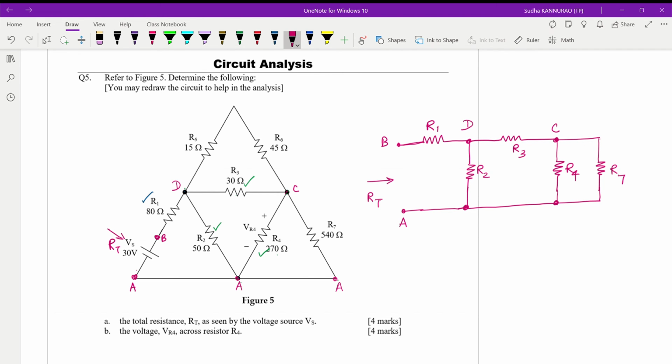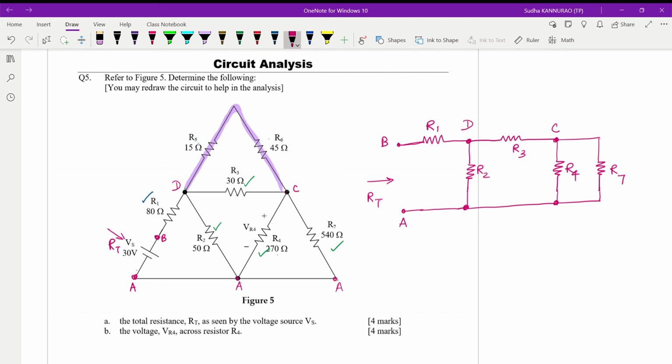Then what is remaining? These two, R5 and R6. R5, R6, where is it? R5 and R6 from D is one path going to C. So between D and C, I have resistor R5 and R6 in series.